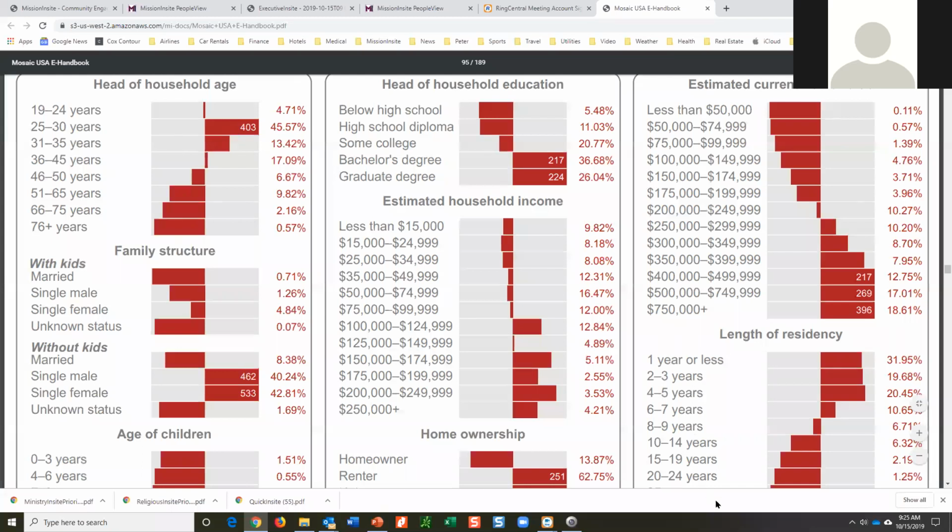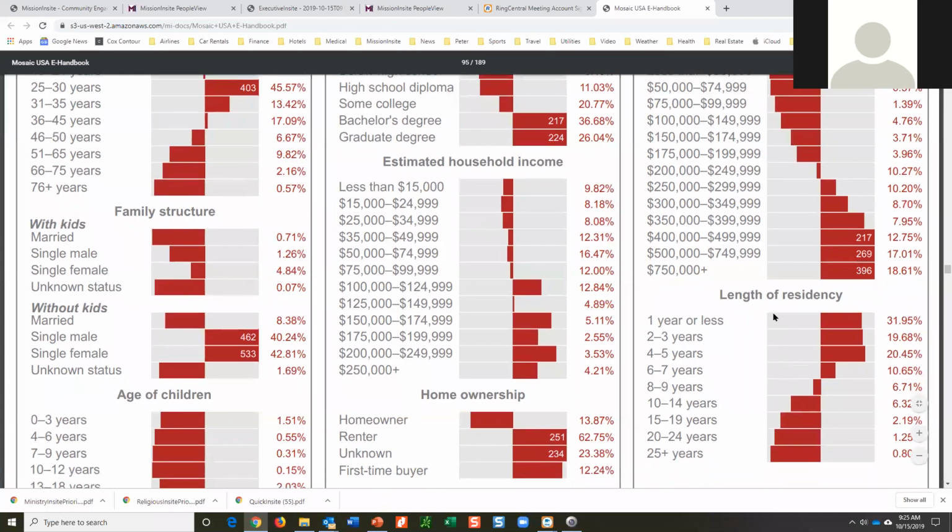The thing I want to also point out is length of residency. You cannot get this information from census data, it's not collected, but it is available here in the Mosaic.